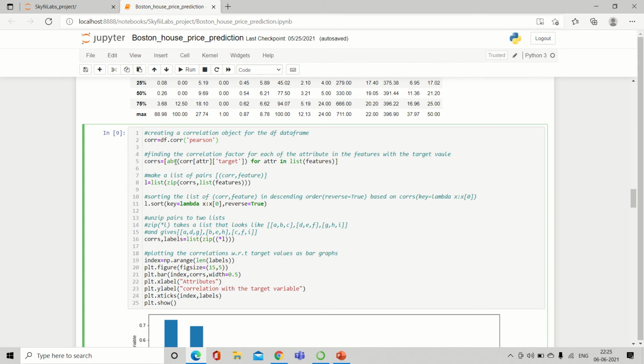Now here I'm using the corr object to determine the correlation between all the attributes and the target values.